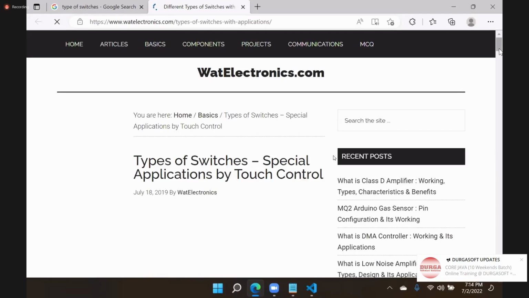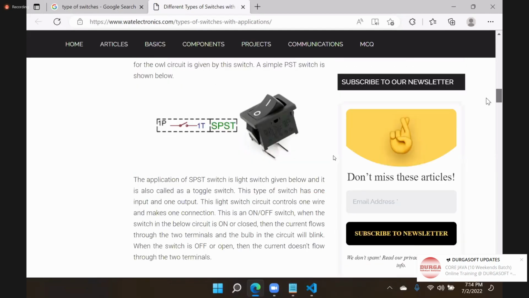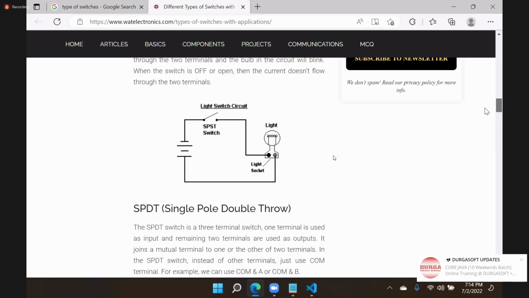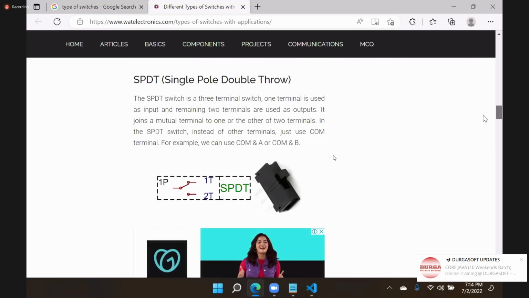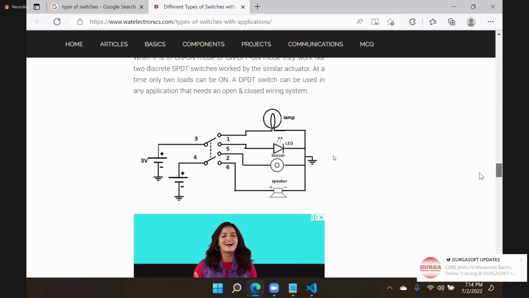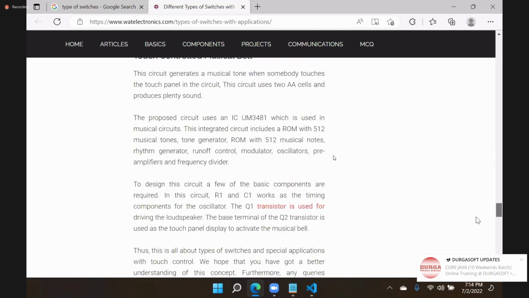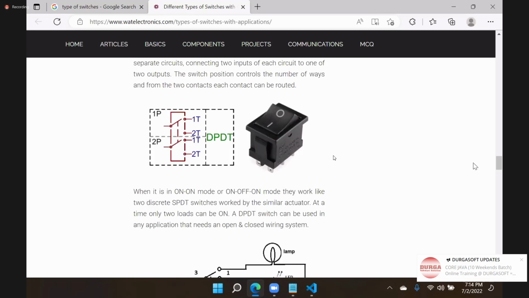Different types of switches. You can see these are the various flows, different switch flows. This is all related to electronics. Right? Now, the point here is that these are all different types of switches. Different types of switches are present. Actually, what is the concept is, suppose